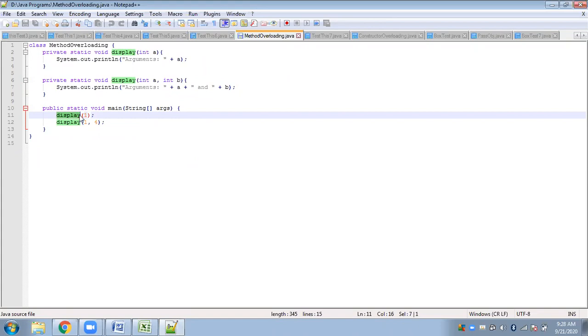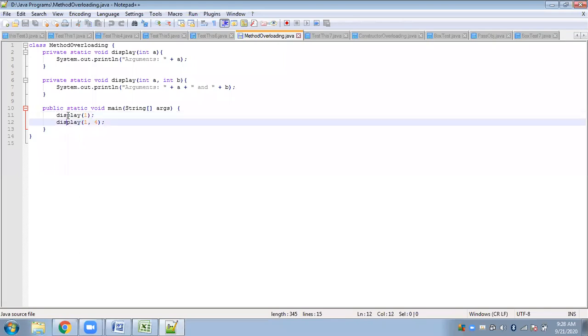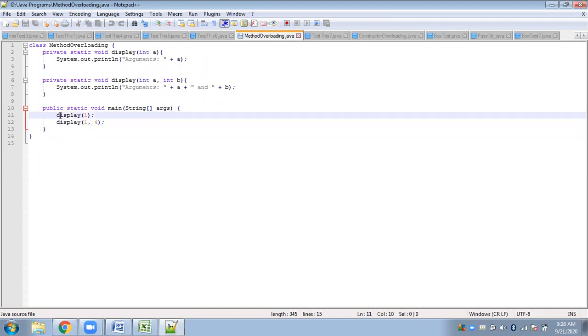That is polymorphism. And it is compile time polymorphism because when the compiler will be compiling this function call, the compiler will understand by looking at the arguments. Although in these two statements we have the same name, display and display, this will not confuse the compiler, because the compiler will not only look at the function name, but it will look at the argument list, whether the type of arguments are same or different, or whether the number of arguments used are same or different.